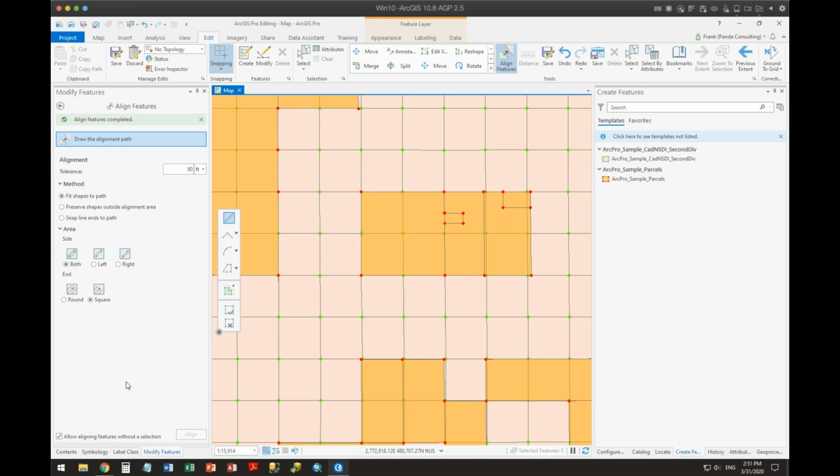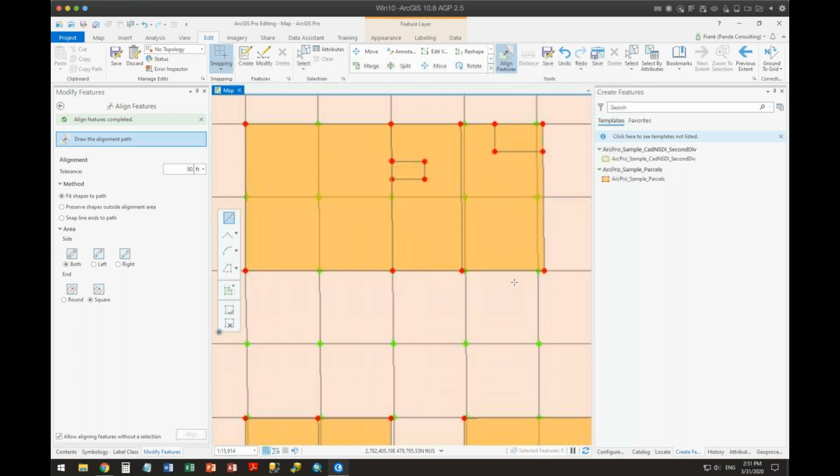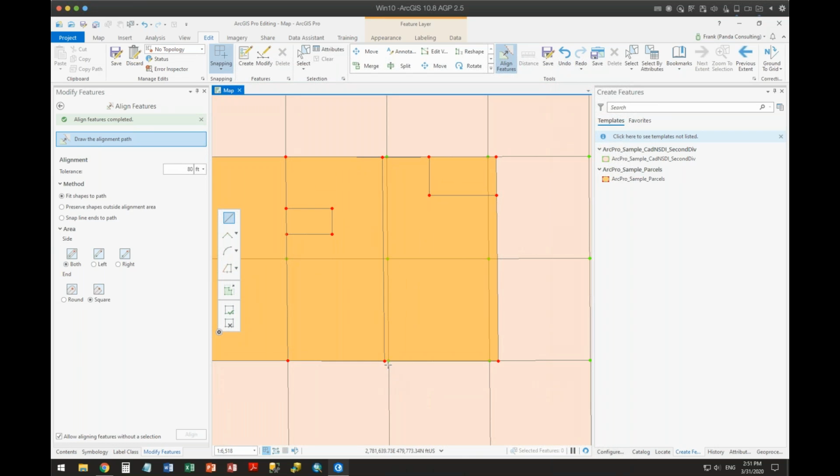Well, inside of ArcGIS Pro, on many of the tools, you have at the very bottom an option that says, allow me to go and use this tool without having a selection. So if I can see it, if I can edit it, I can work against it, so that from an editing standpoint, I can now work super efficiently.